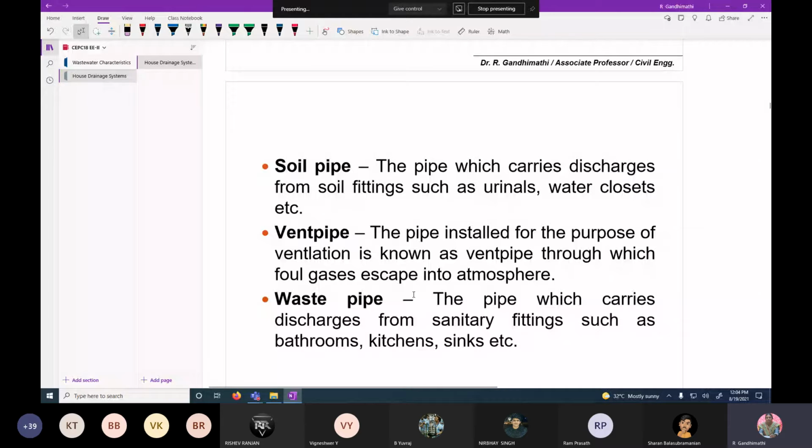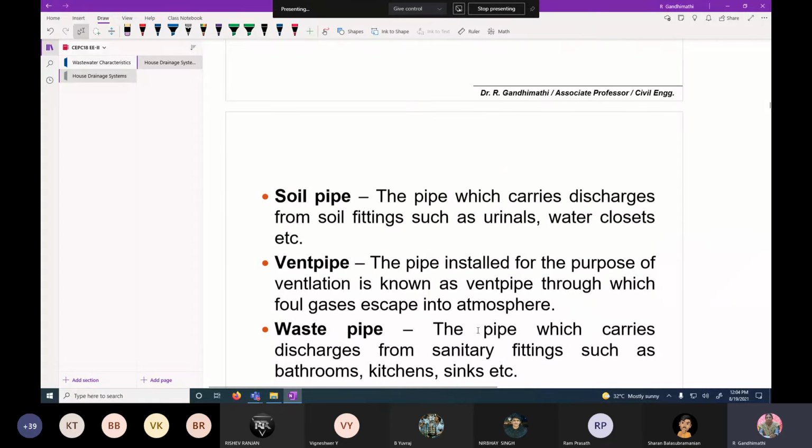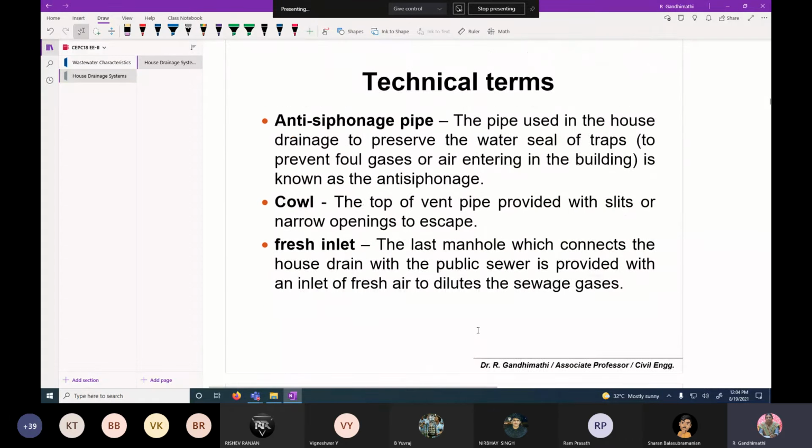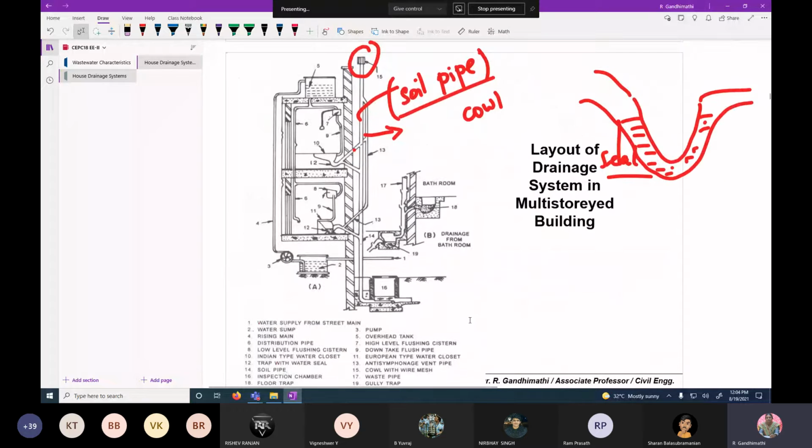What is anti-siphonage pipe? That is an extra provision, this is the anti-siphonage pipe. Then this is the soil pipe or vent pipe. In this arrangement, this pipe serves both the purpose of carrying the waste, as well as acting as a vent pipe.